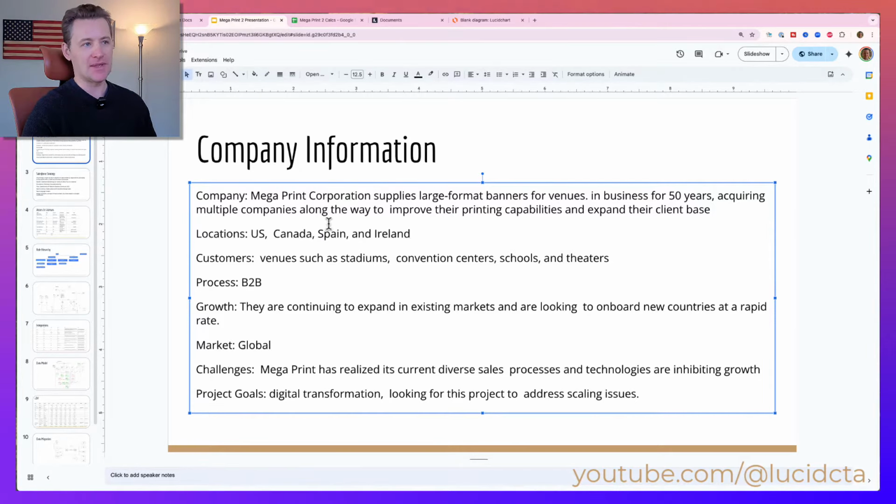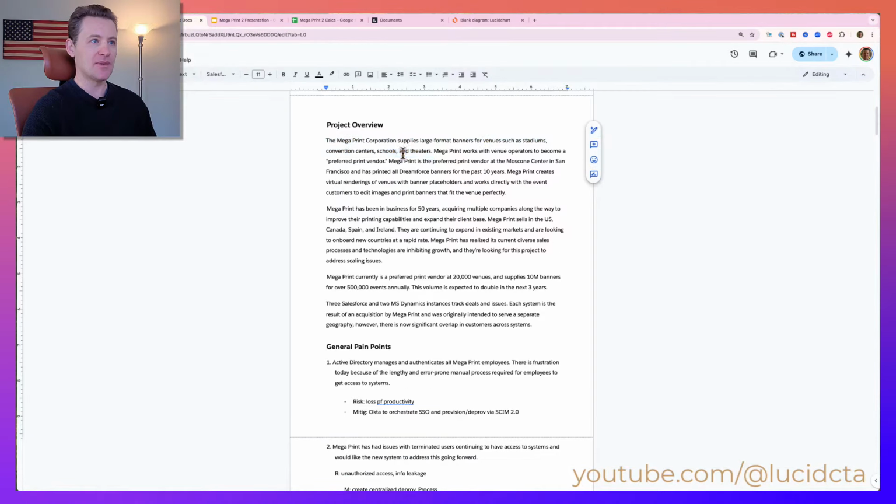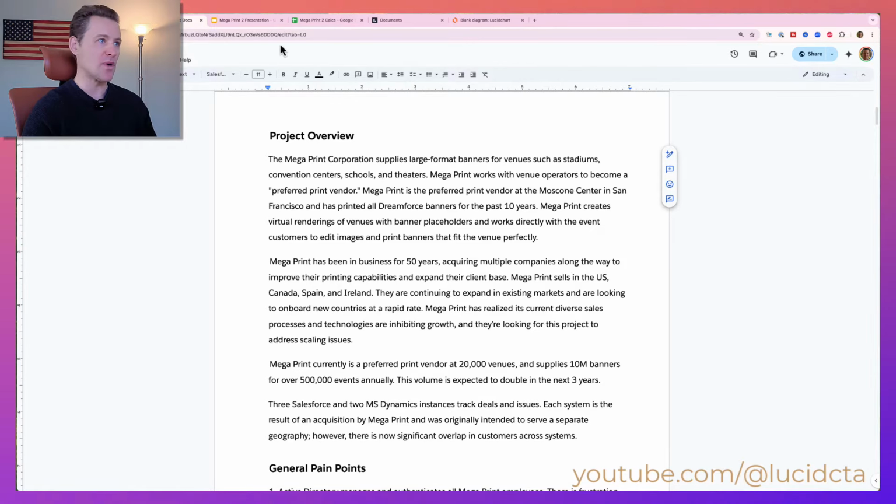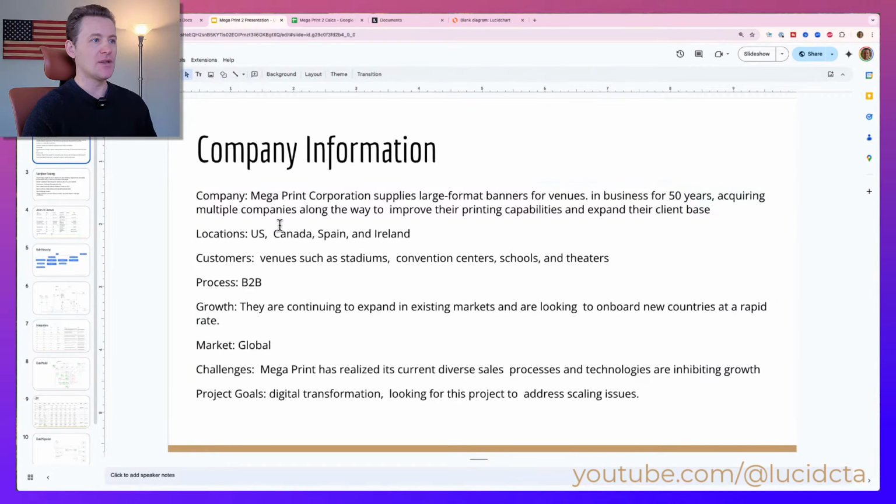Locations, I mean, that's pretty simple as well. It will tell you where they operate. And so, for instance, it sells to the US, Canada, Spain, and Ireland. Okay, easy enough. This is something that you can actually grab from the scenario as well. Then you move on to customers. So the customers can be